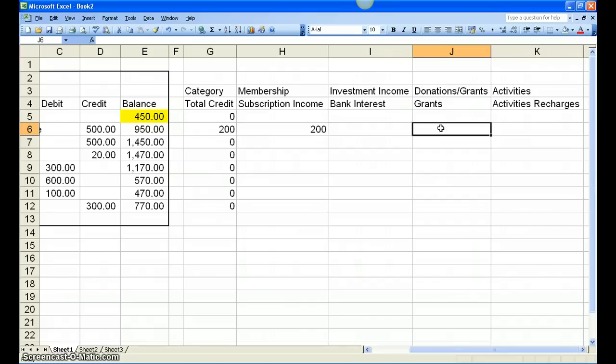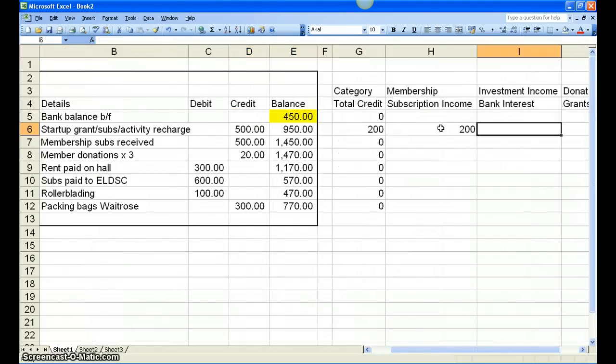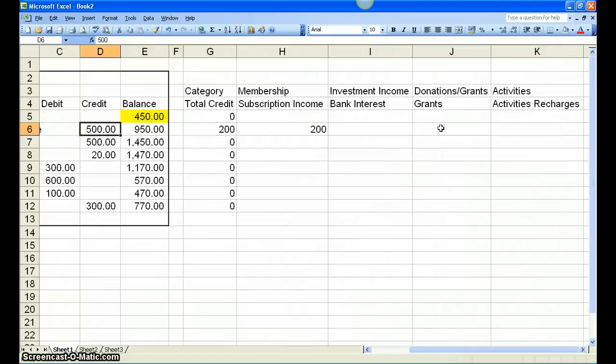We had 500 here, remember, and we've now got activity recharge and a startup grant. Actually I need to make that a bit more, so let's make that 700, because as you know startup grants tend to be £500 and we have 200 there already. Let's turn that into 100 and add 100 in there. You can see the sum of these equals 700, which equals that, but you'll notice the total credits in the category column